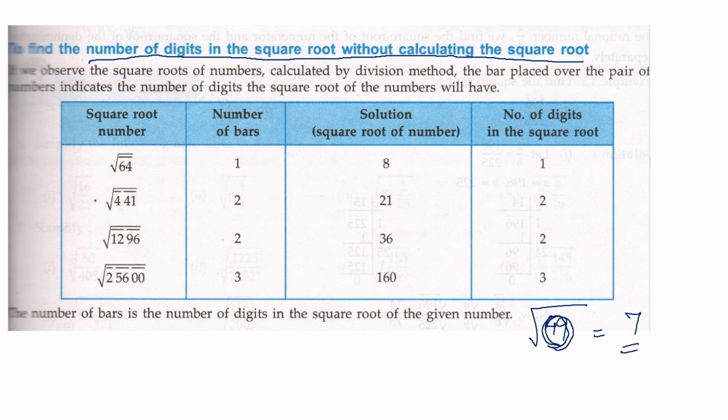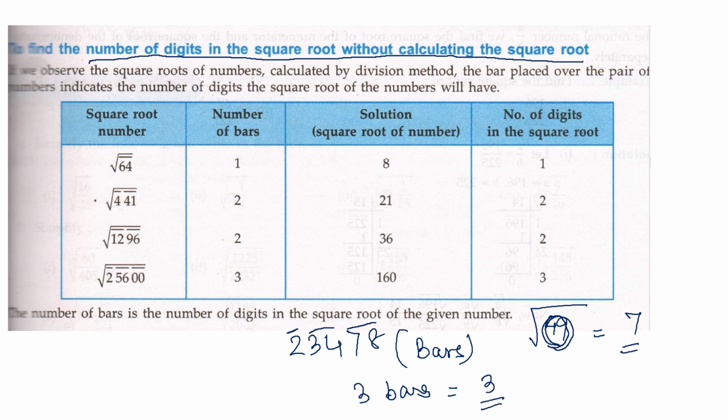So the basic technique is, let us say I am writing any random number: 2, 3, 4, 7, 8. Now you know how to find the square root with the long division method. What we did was we started from the back. 8 and 7 is one pair, 4 and 3 is one pair, and 2 is all alone. So how many bars are here? 3 bars. So the number of digits in its square root will be 3.